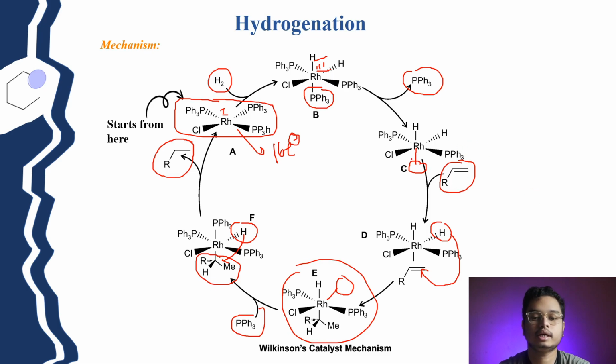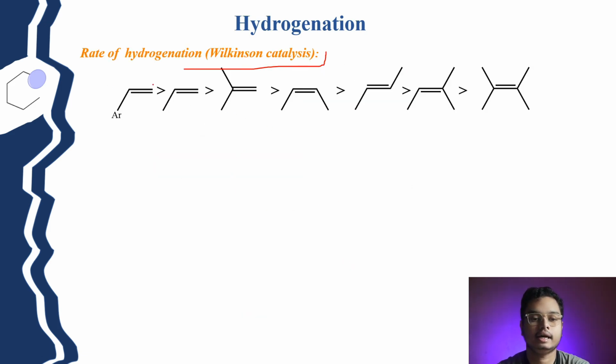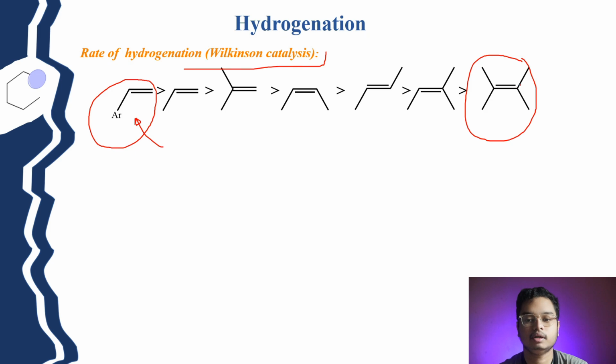So the coordination takes place where the alkene has fewer substituents, or we can say the isolated one, to eliminate the sterics. That's why this particular styrene